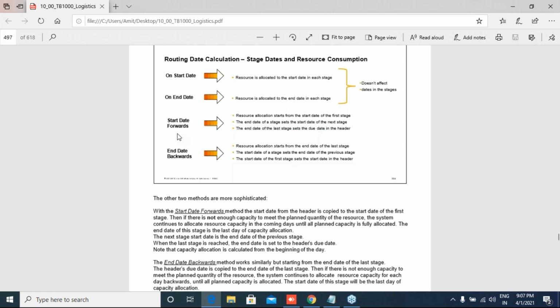Basically, if resource master data is to be mapped in a production order, the start date forward is working like this. First of all, we have to configure it in resource master data. We have to change the setting from the start date to start date forward, so that we come to know